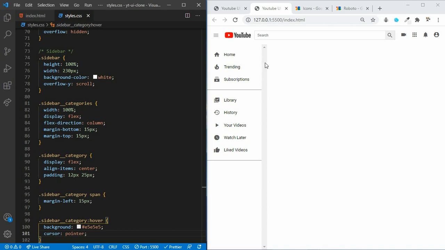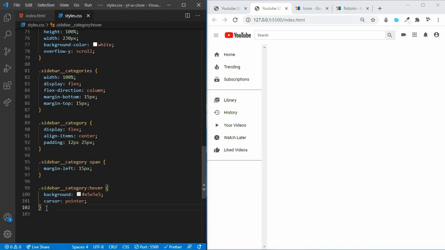So you might also observe that this very ugly looking scroll bar is appearing. In order to hide those, there is a code which we have to use. That code is by saying sidebar WebKit scroll bar and display none and hit save, and that ugly looking scroll bar is going to disappear.